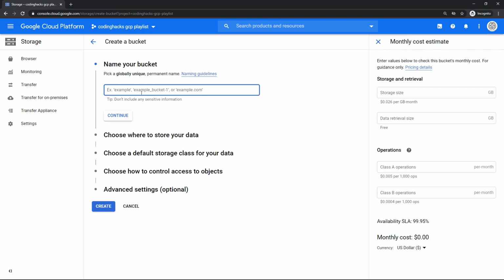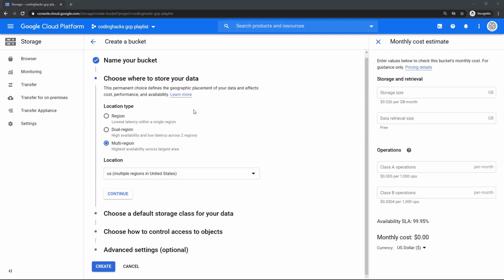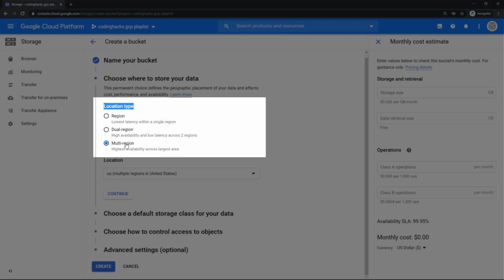So, I am going to call my bucket coding hex bucket 1. Then hit continue. Now, under location type, I will choose multi-regional bucket if I expect that traffic will access that bucket from around the world.